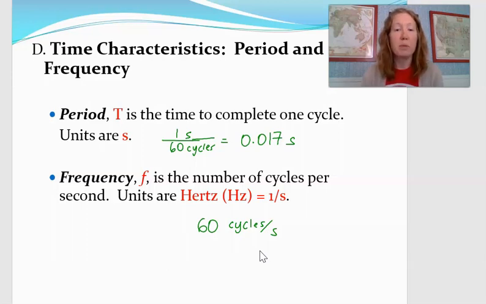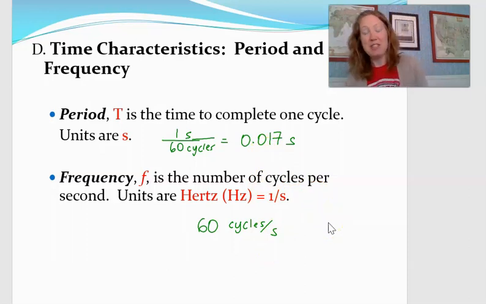Then if the period is long, like if some of you were measuring the period of the plate in your microwave, that's kind of a long one. So it's in seconds. So you wouldn't tell me how many times per second it rotates because it doesn't even do a full rotation in a second. So you would probably give me the period instead because that's more than one, okay? But these two are reciprocals of each other.